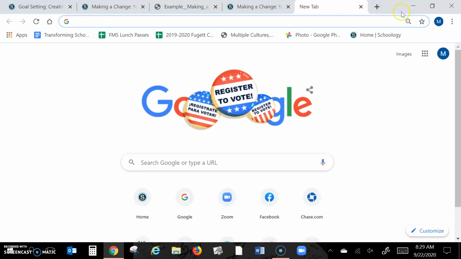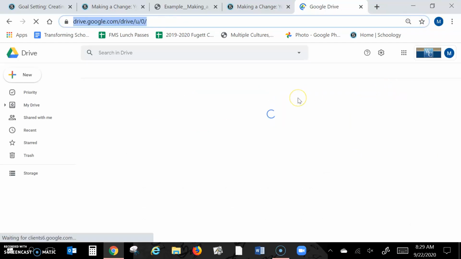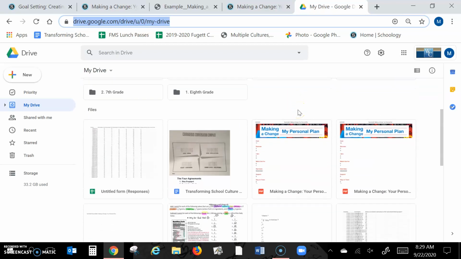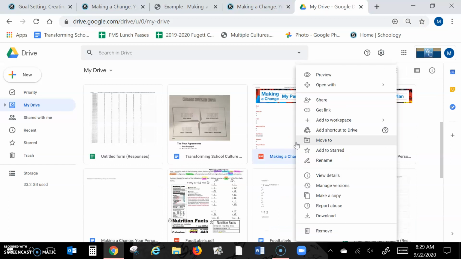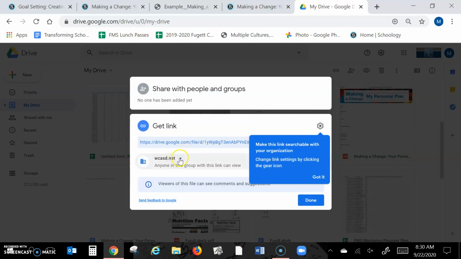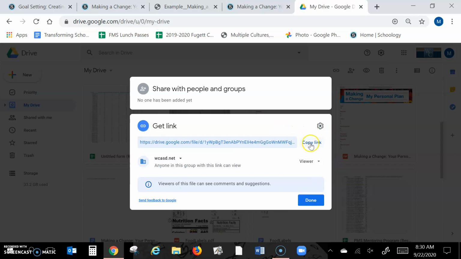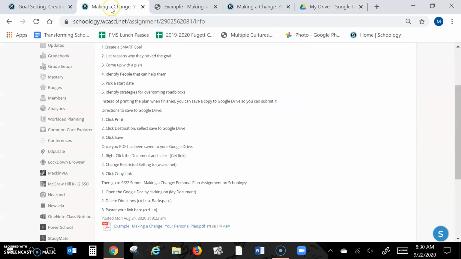If you open up another tab, you'll be able to go to your Google Drive, find that document. You can right click on it, click on Get Link. If your restricted setting is on, you will change restricted to wcsd.net. And then right here where it says copy link, you'll click copy link. It'll tell you it's copied. Click done. Then you'll come back to our course